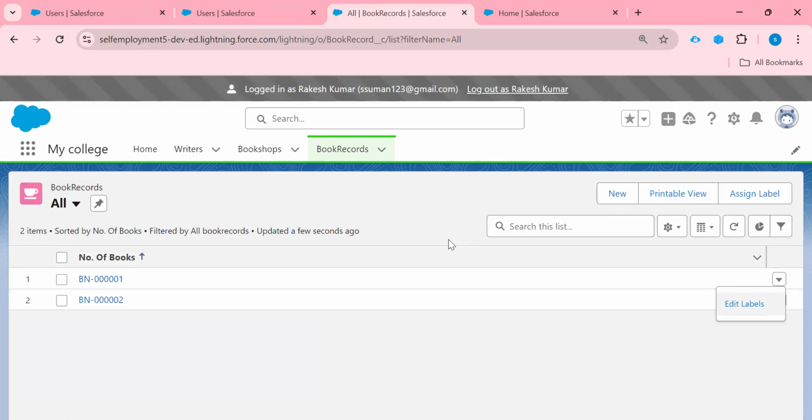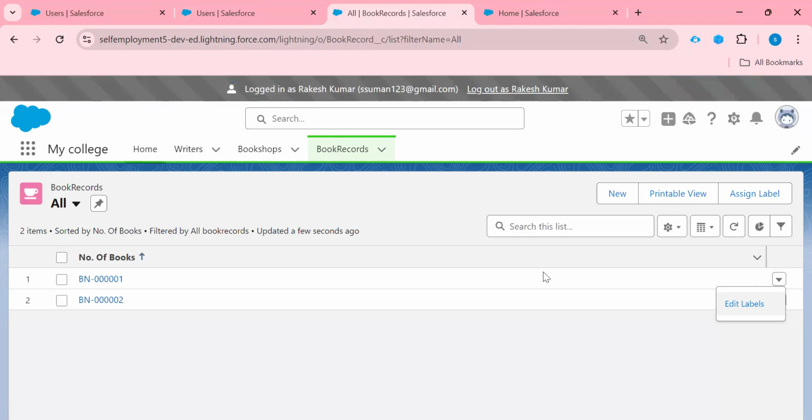So these kinds of permissions we can provide at the profile level, and the profile we need to assign to a user. How we can create a user we have seen already. So in this way we can provide our security at an object level.